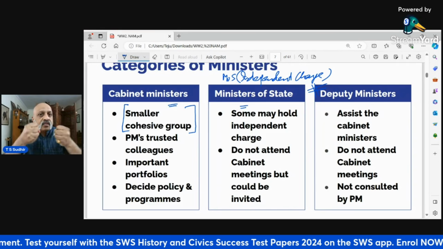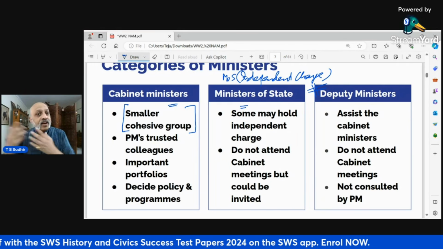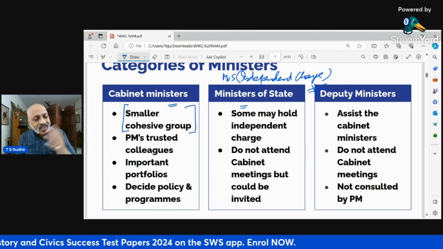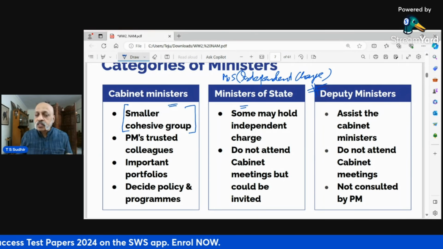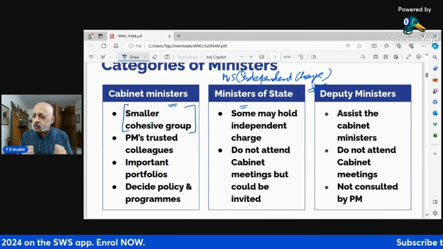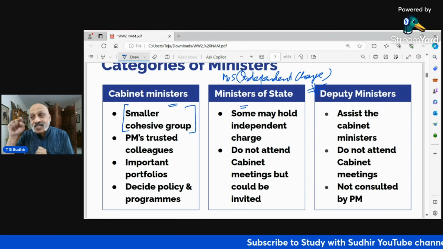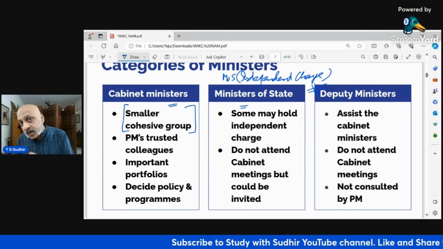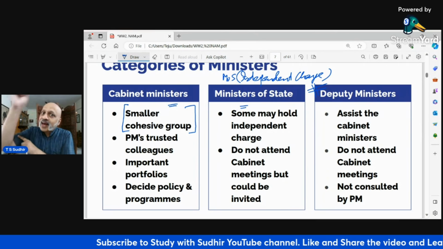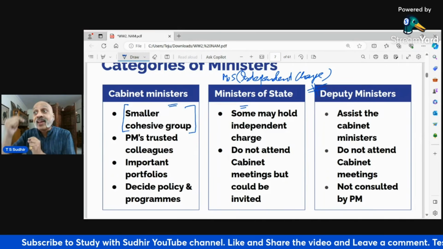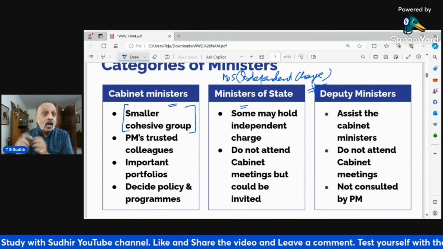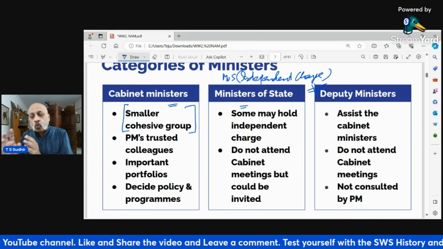So the cabinet is the real powerful body headed by the Prime Minister. Then comes this category of ministers, which is called the ministers of state holding independent charge. Now, what it means is that these ministers of state holding independent charge report directly to the Prime Minister. They don't have a cabinet minister to report to. They're holding independent charge. So what it means is that